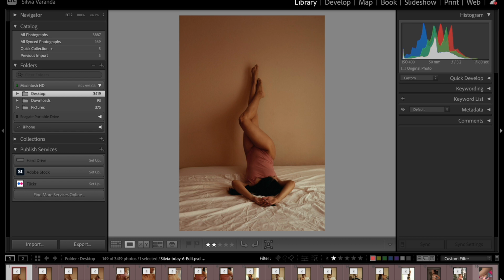Today I'm going to show you the first process of the workflow, which is importing the photos from the memory card and organizing them in Lightroom. We are in the Library tab. This is the tab where we are going to be importing the photos. So I'm just going to insert my memory card here. Now what we need to do is click this option here, Import,